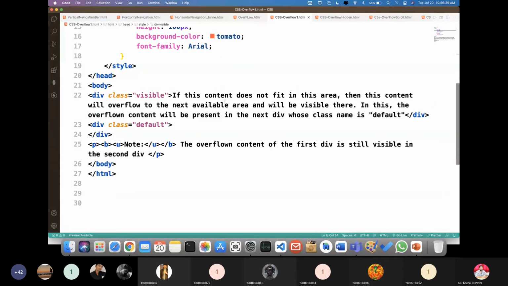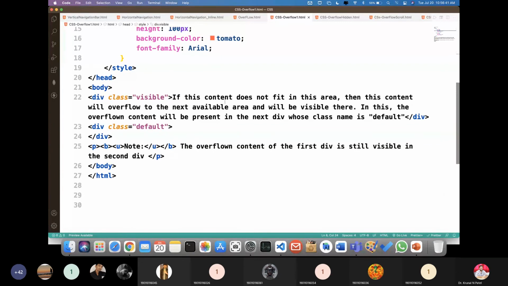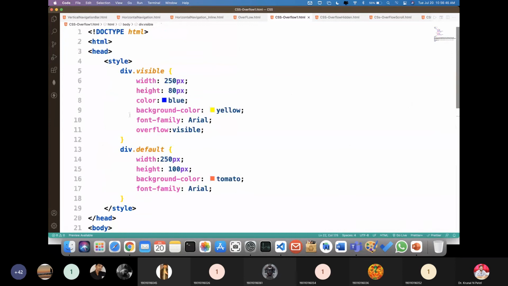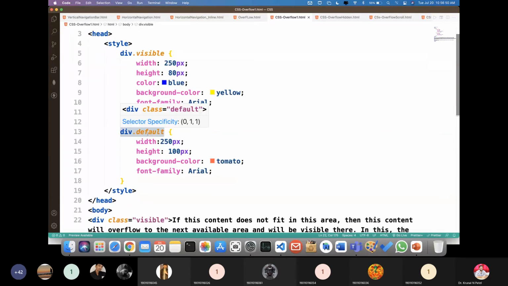In this example, I have created two classes, default and visible, and set these properties.